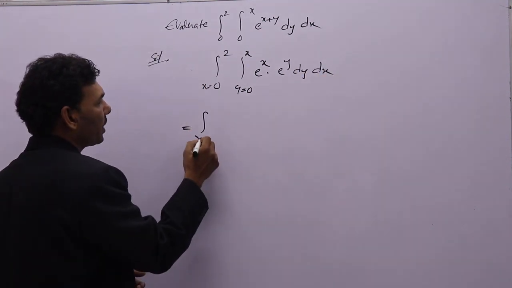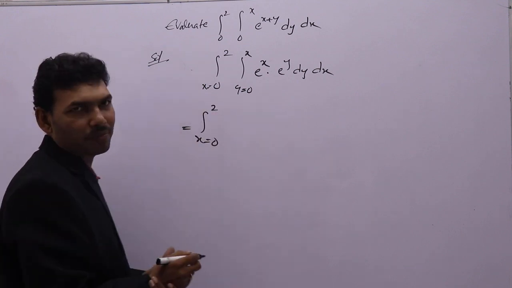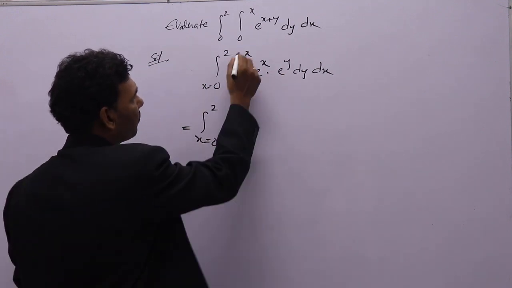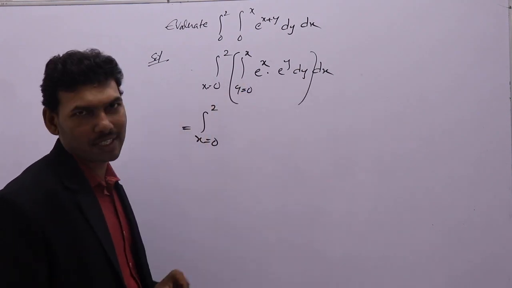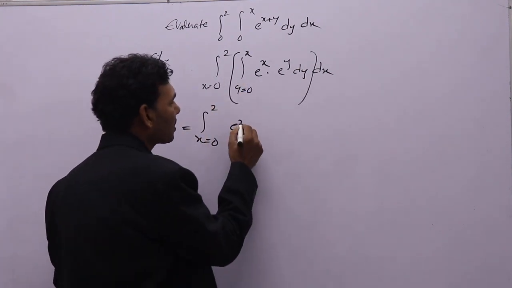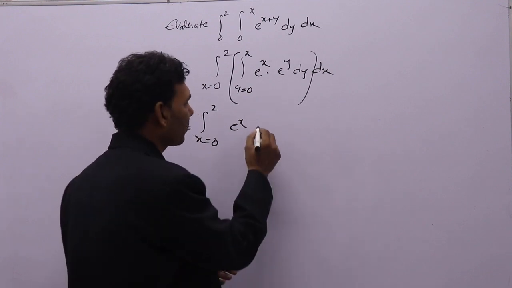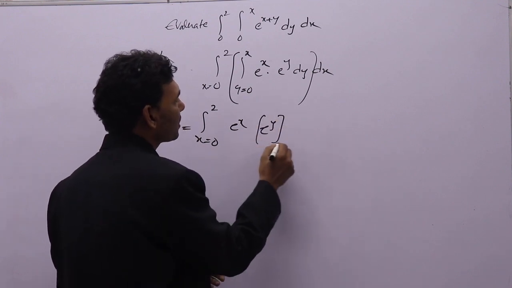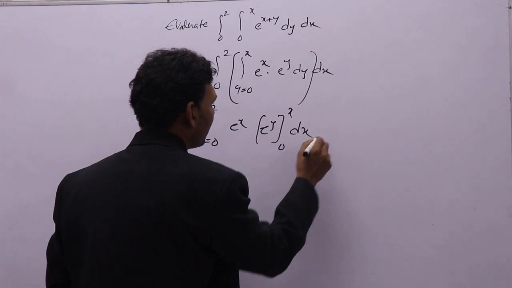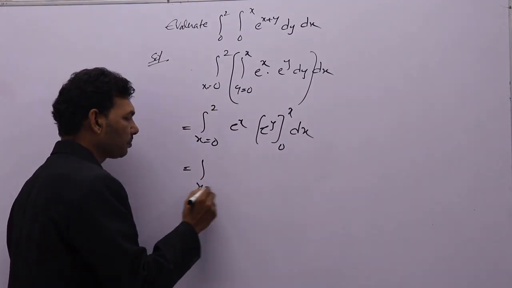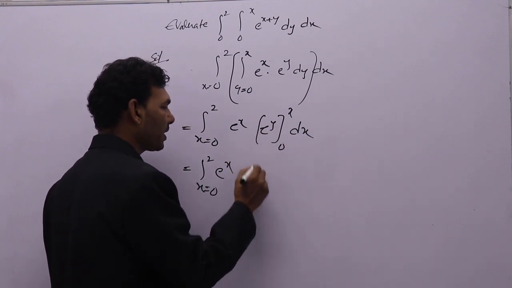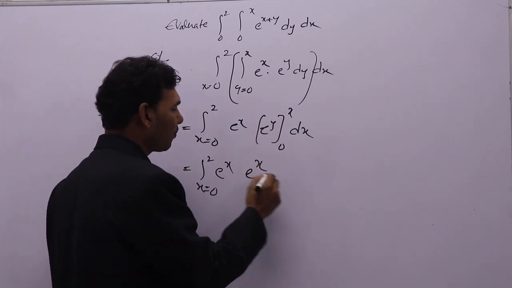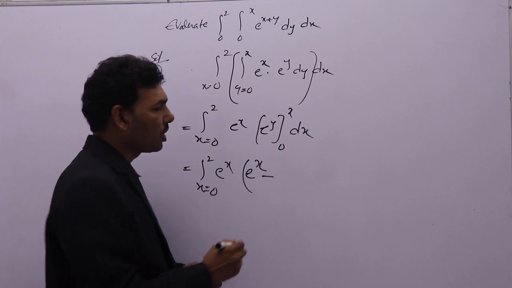First with respect to x you need to integrate one. So first with respect to y, while integrating with respect to y, treat e power x as constant. e power x constant, integral e power y, limits 0 to x, dx. Now substitute the upper limit and lower limit. If you write in the place of y x, you will get e power x. If you write in the place of y 0, e power 0